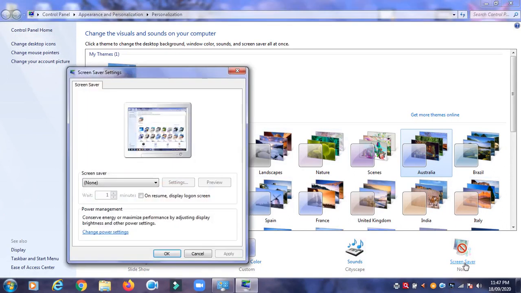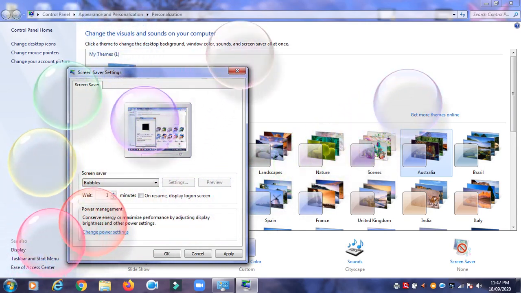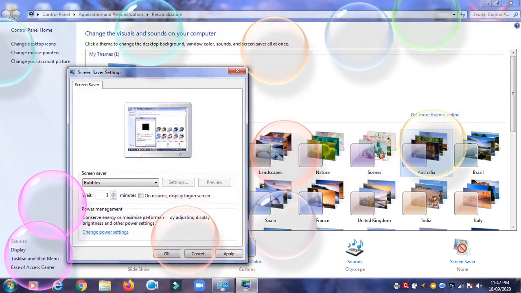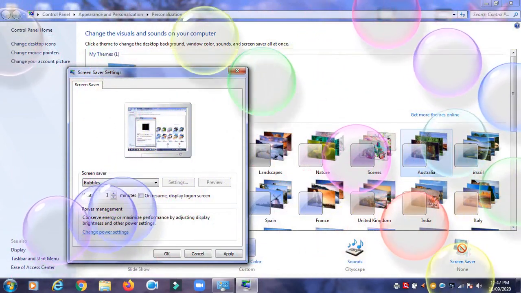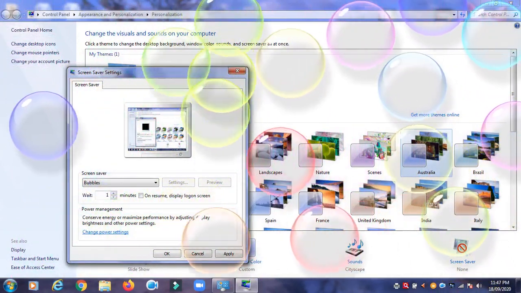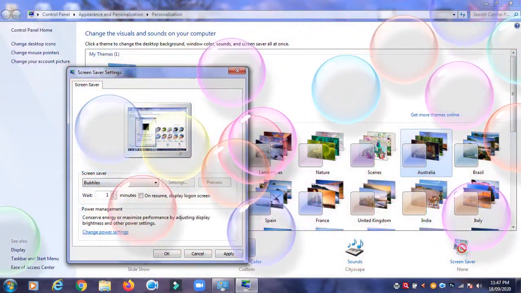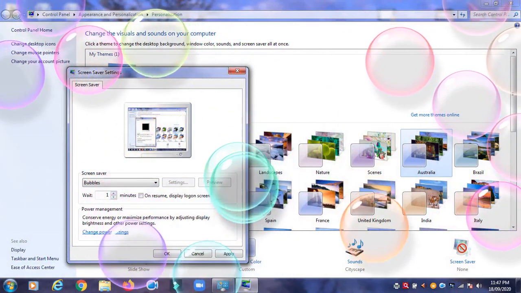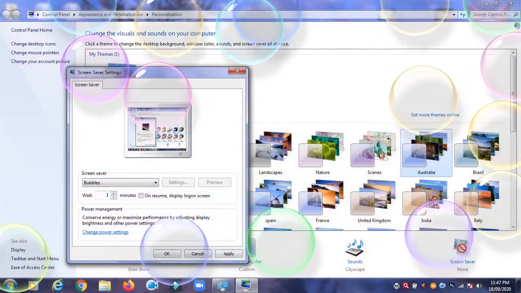Click here, click on this arrow and choose any screensaver. You can click on preview. So when the computer is left on or not used for a few minutes, these bubbles move on the screen, because bubbles are selected for the screensaver.